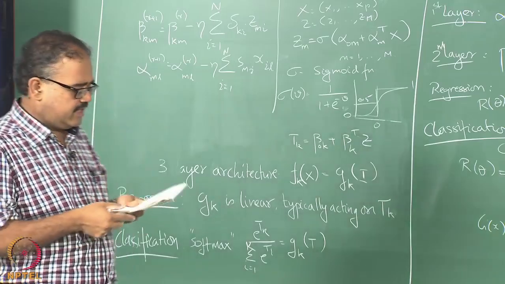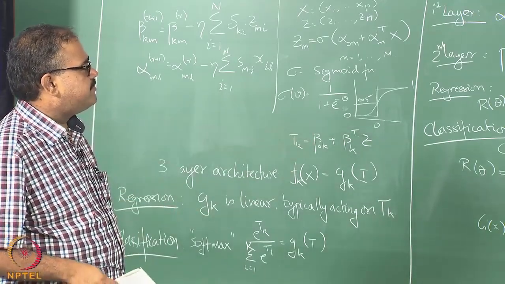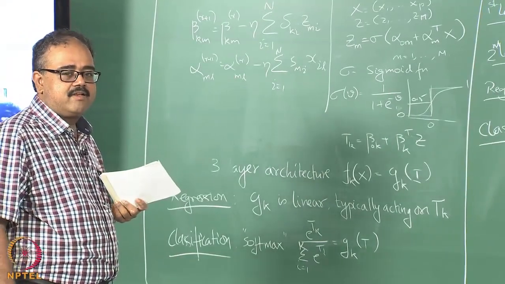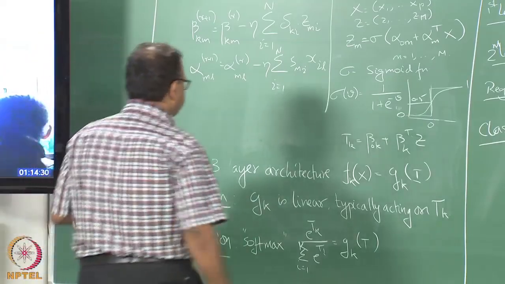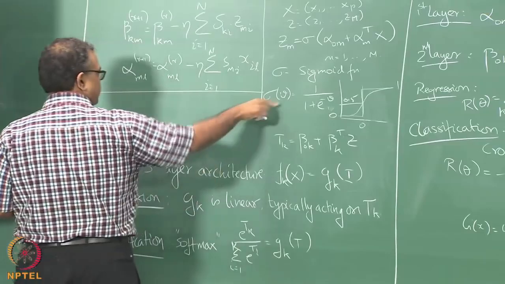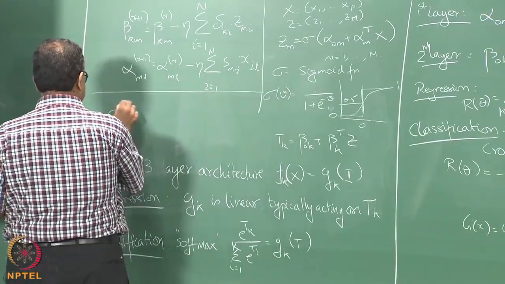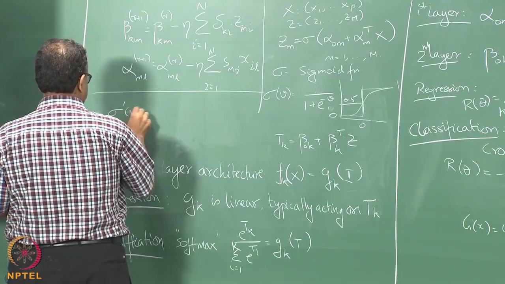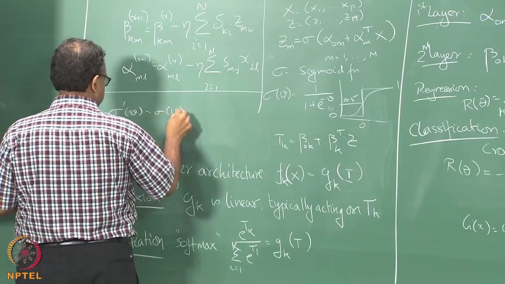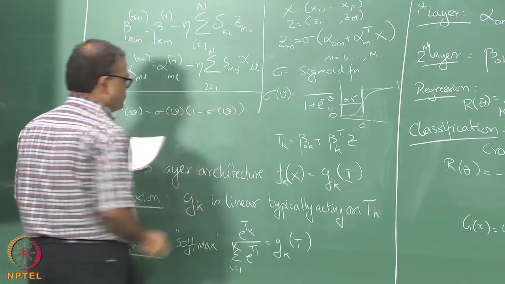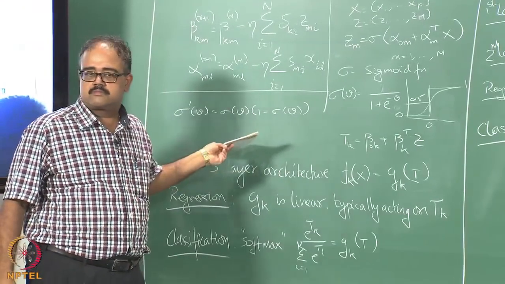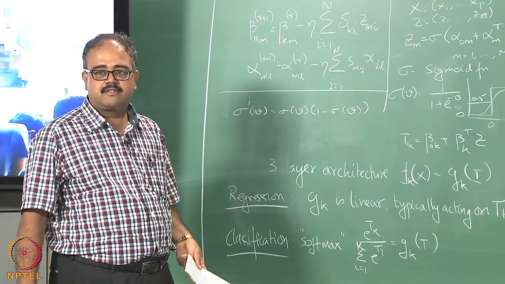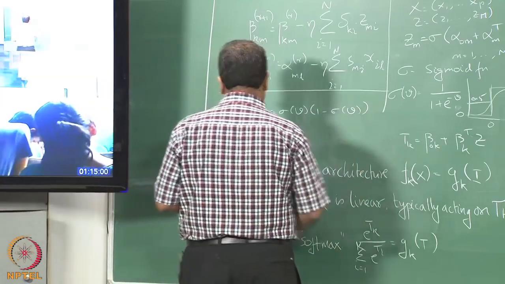Right. So we have still left some things in there. So we left a g prime and a sigma prime and so on and so forth. So if g is your linear function, great, right. What about sigma prime? If sigma is the sigmoid function, then now you can take the derivative of the sigmoid with respect to x, and that is what you will get. And if it is a tanh,